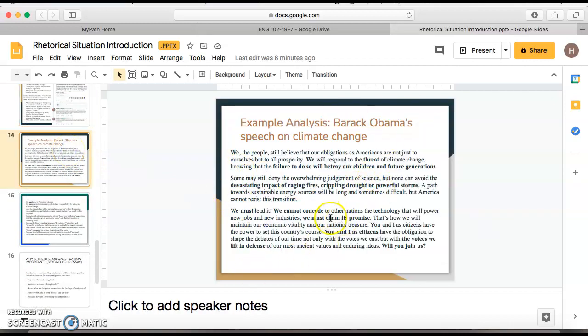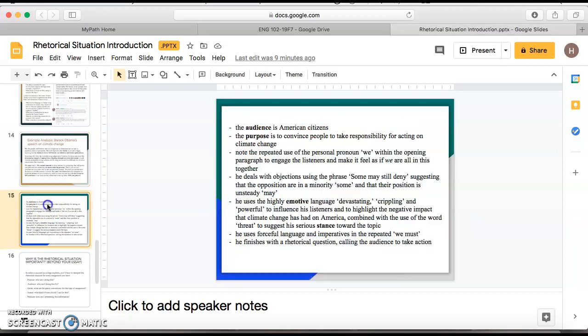So this is an example analysis for you to do about a Barack Obama speech on climate change. I just kind of chose this randomly because it was very, very short and easy to get on a PowerPoint slide. But it does offer a good example of how you can break down a speech to find the rhetorical situation. So you can look at who the audience is, what the purpose of it is, break down language level,